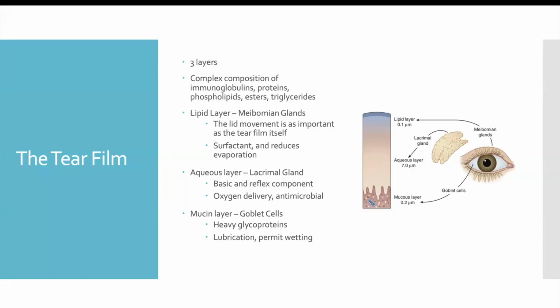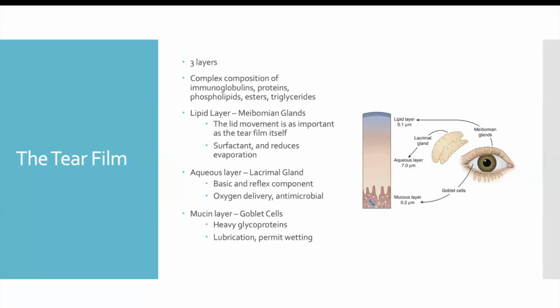Your aqueous layer from your lacrimal gland. This has both a basic and a reflex component. So you've got basic secretion, and then depending on whether or not there's sort of surface irritation, you'll have a reflex component as well, which is why sometimes you'll be left with a watery eye if there's an ocular surface issue, because actually the reflex component is an overdrive, and that aqueous layer is essentially what's transporting oxygen to